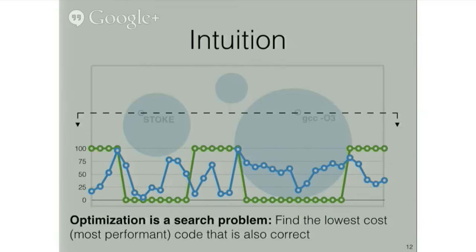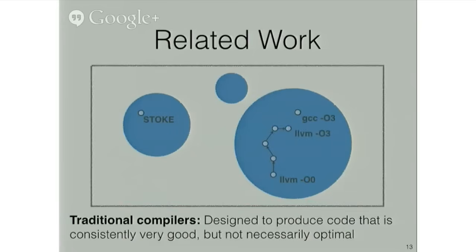Here, I've shown the behavior of a traditional optimizing compiler. What we have is a simple syntax-directed translation. We'll produce something like this unoptimized LLVM code here on the right. And the application of standard semantics-preserving techniques like dead code elimination, common subexpression elimination, what have you, will eliminate most of the inefficiency of this code and produce something like this LLVM -O3 code here.